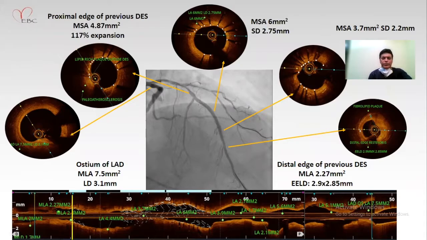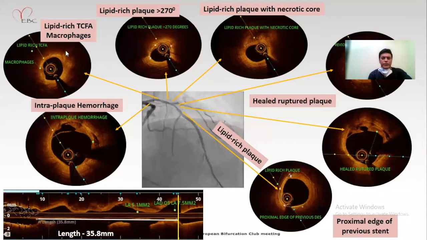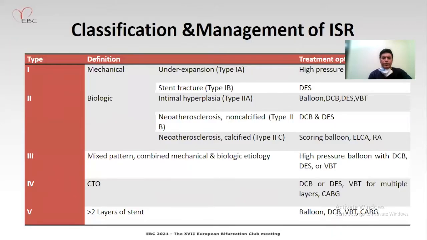And then if you see the diagonal, this is the proximal portion of the LAD. You can see there is a lipid-rich plaque, plenty of macrophages, healed previous plaque rupture, and intraplaque hemorrhages. You can see very nice plaque, a lot of plaque burden proximally. And if you go to the